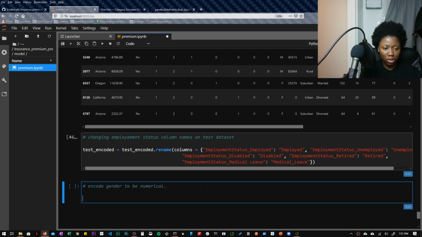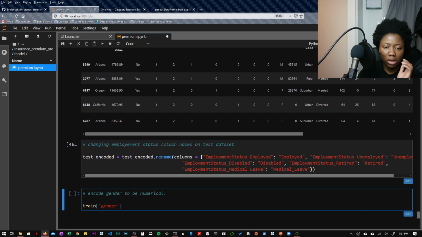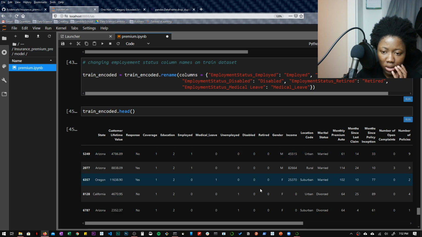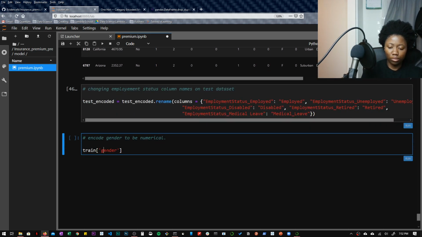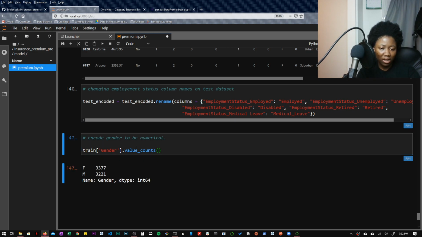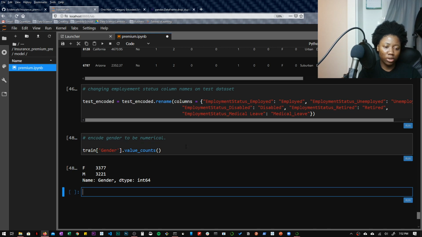Now let's do train gender, is that the column name? Column name is gender dot value counts. So we have male and female, so we only have two values for gender. So if I say male 1 and then female 2, or male 0, female 1, so